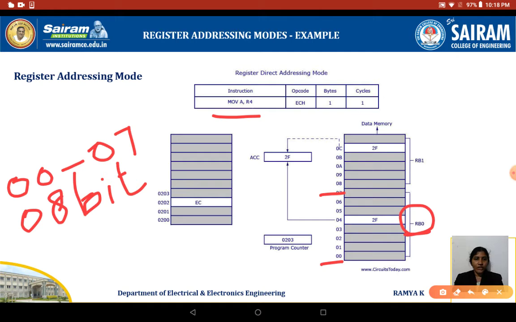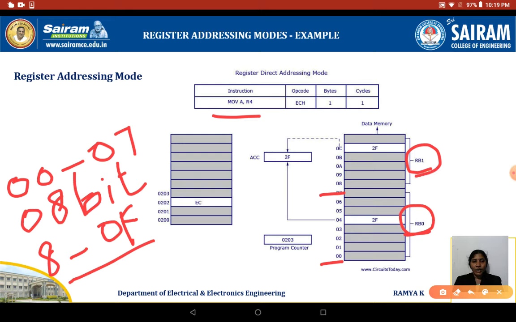From 08 to 0F, it specifies the RAM addresses for bank 1 registers.